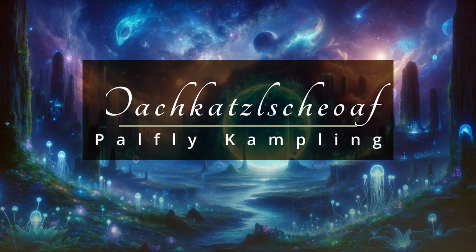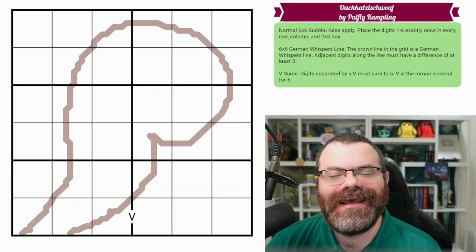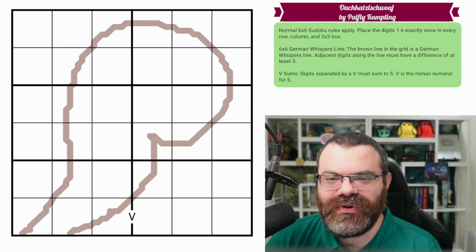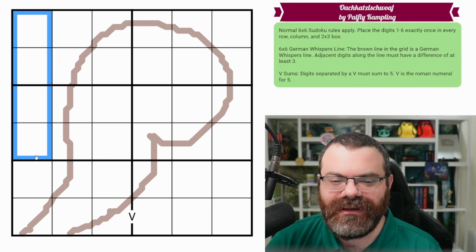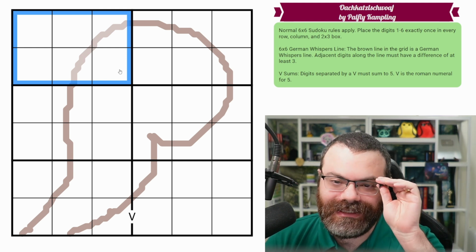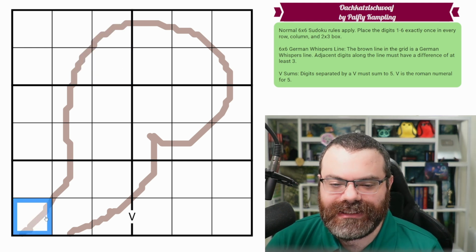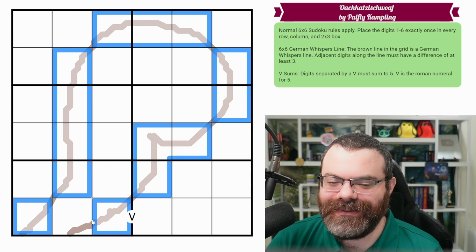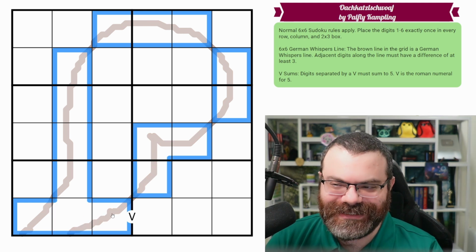Hello, let's continue our Sudoku adventure with Oachkatzlschoaf by Palfly Kampling. So we have normal 6x6 Sudoku rules, meaning in every row, every column, and every 2x3 box, we are placing the digits 1 to 6 exactly once each. This squirrel's tail here, which is what that word means, I'm not trying to say it again,